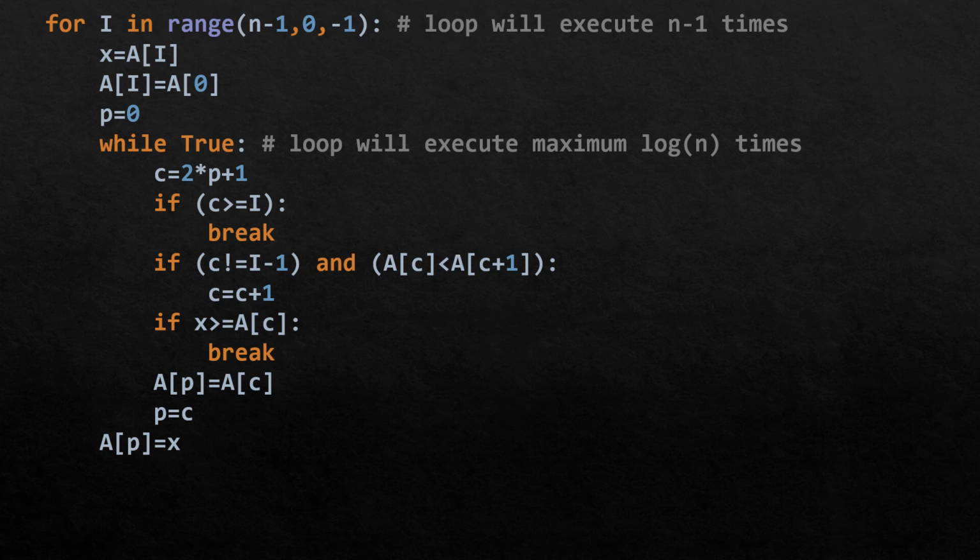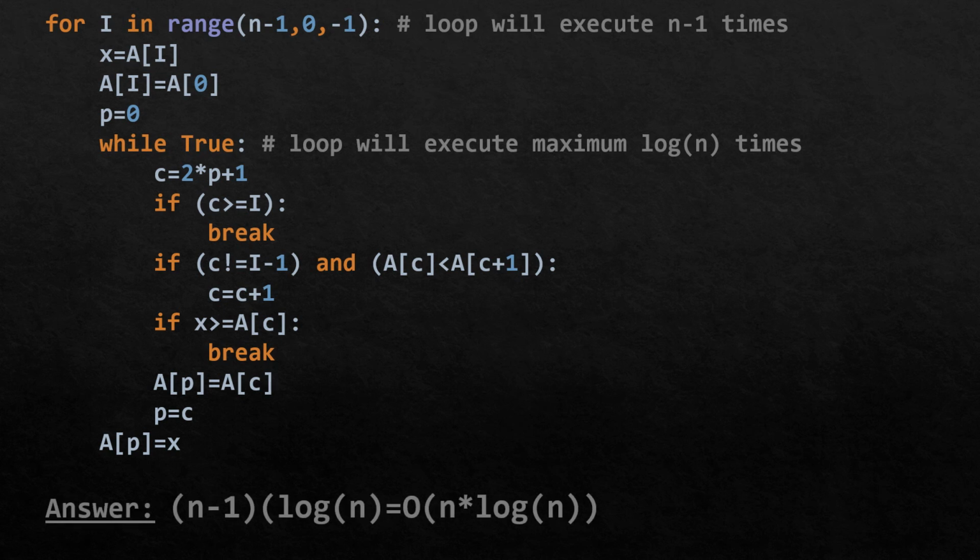So like this it gets increased. It's not a linear kind of increment. Every time the value does not increase by 1. So we can see that the loop will execute a maximum of log n number of times. So the overall complexity of this algorithm will be: the first loop will execute n minus 1 number of times. Within that, this while loop will get executed log n number of times. So it will be order of n into log n.